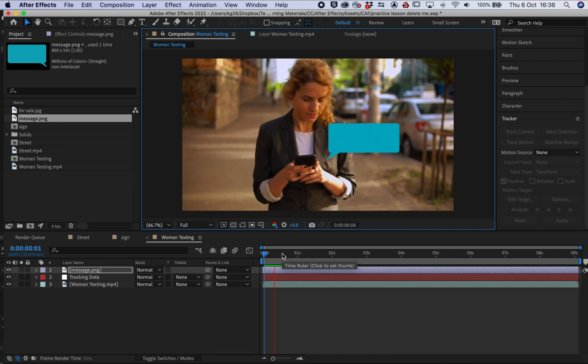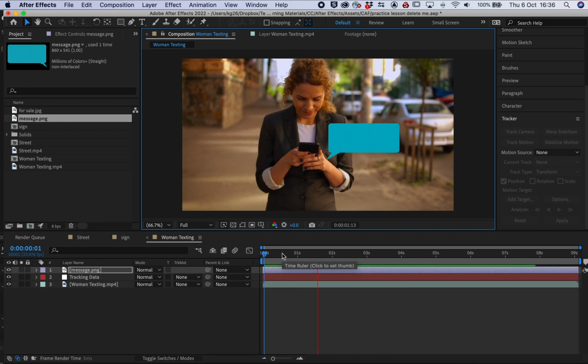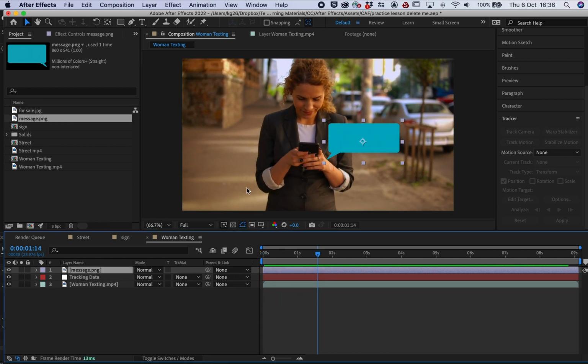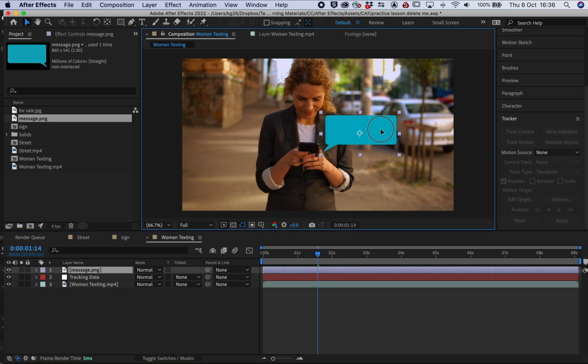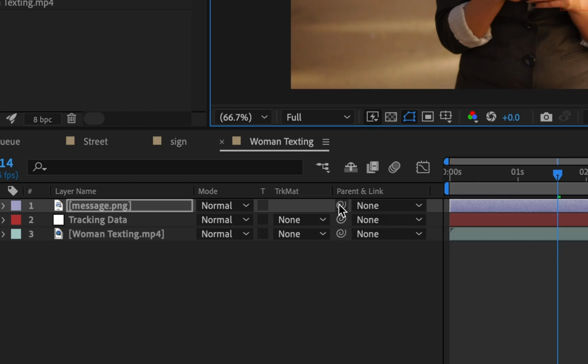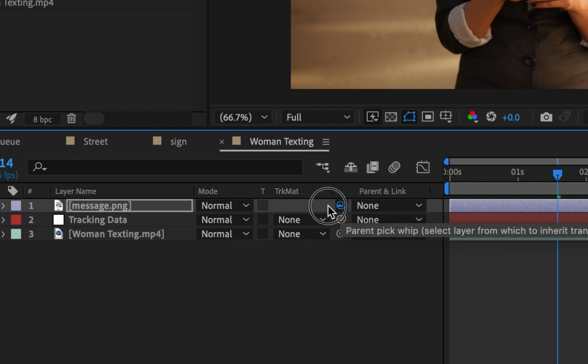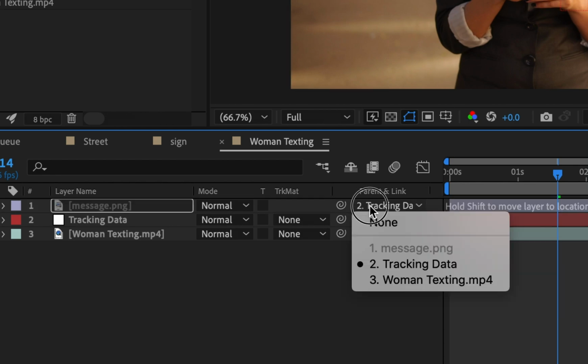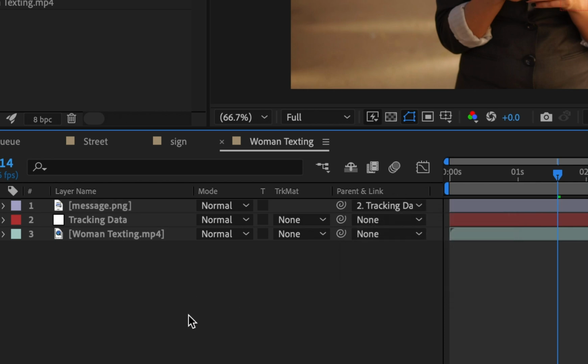Okay, so if I press play, obviously nothing's going to happen because that's just living there. So we're going to do something called pick whipping, which is where we just grab this pick whip icon here and drag it onto the tracking data. We can also, you can see that this has changed, so we can also just drop this down and say the parent is now tracking data. So this message PNG is going to act